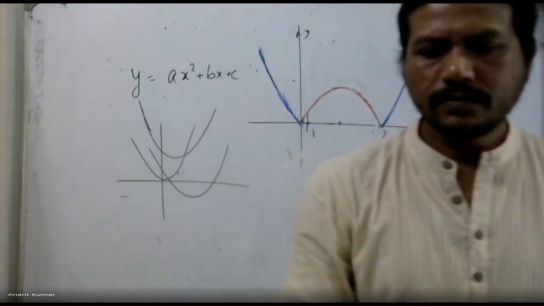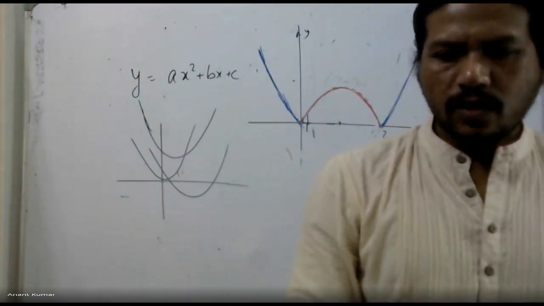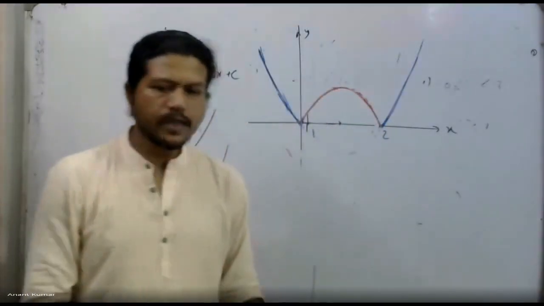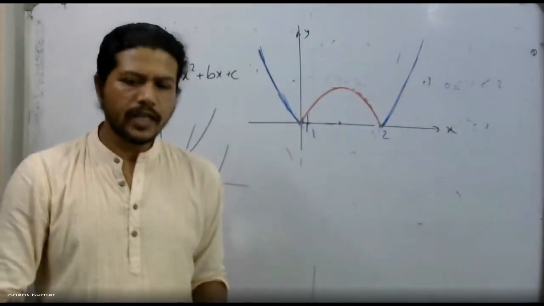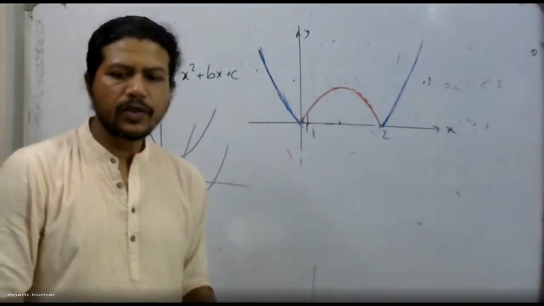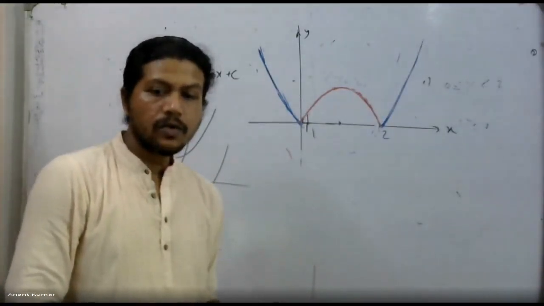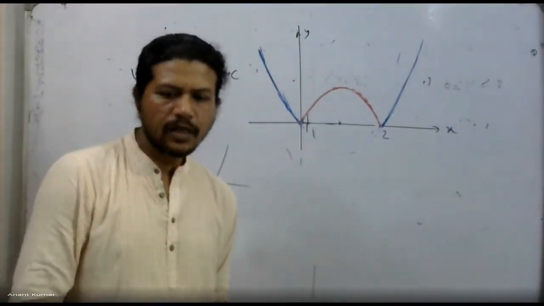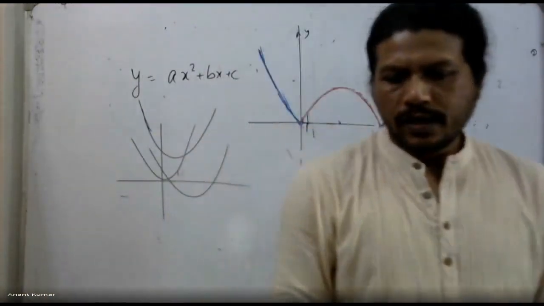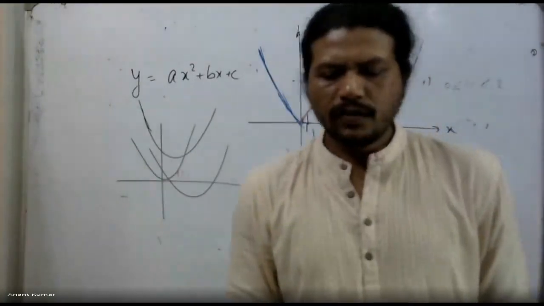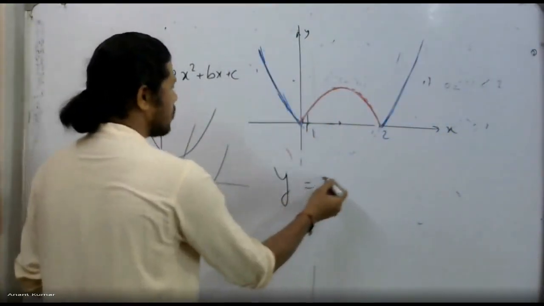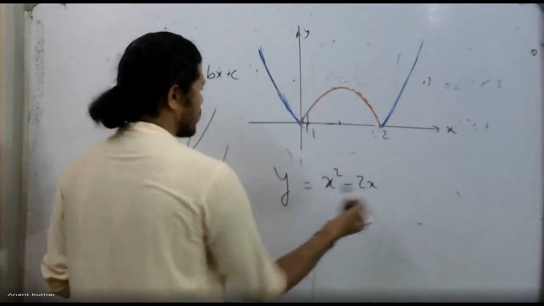Fine. Okay, that's all for today. By the way, I've sent you some questions regarding these inequalities, both the linear kind and those involving mod, and as I said, a bit of theory as well. I also sent you a link where you can read about this quadratic expression. I wrote down a specific formula to plot it. The formula is y equal to x square minus 2x. That's what the formula is.